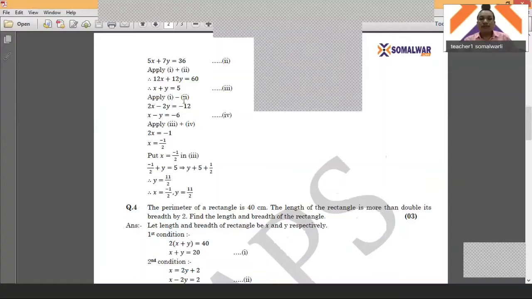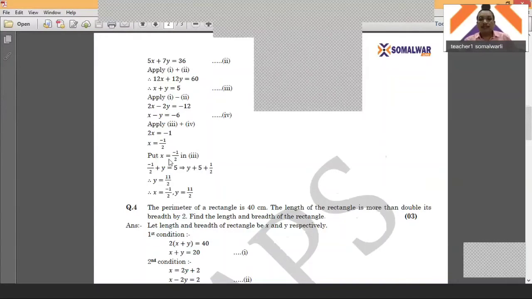So ultimately, we got the two simplified equations from the given two equations: x plus y is equal to 5 and x minus y is equal to minus 6. Then that becomes very simple to solve, and we get the values of x and y. Here is plus y, here is minus y. So adding 3 and 4, plus y minus y get cancelled. It gives us x plus x, that is 2x, and 5 minus 6 is equal to minus 1. So it gives us x is equal to minus 1 by 2.